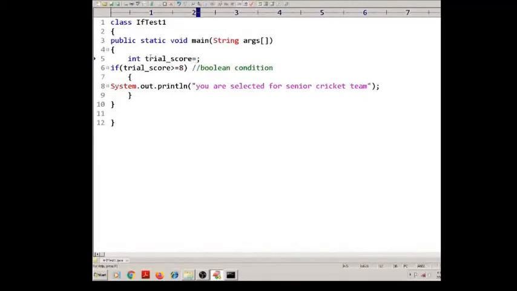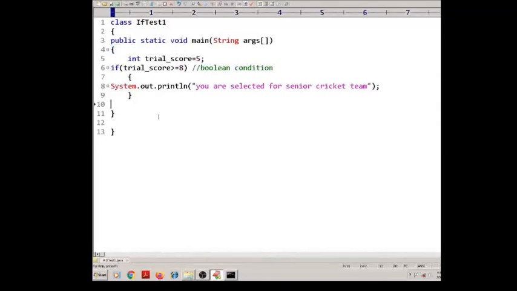So let's here I am going to place 5. If the trialScore is 5, then what happened here? The Boolean expression becomes false. Why? It will be true only when it is greater than or equals to 8. If it becomes false, then this block of statements will not be executed. Is it clear?